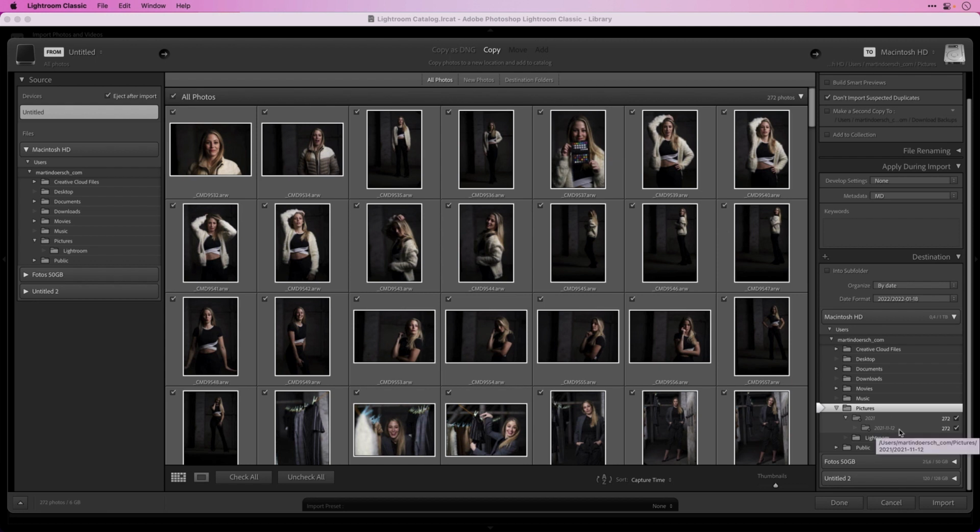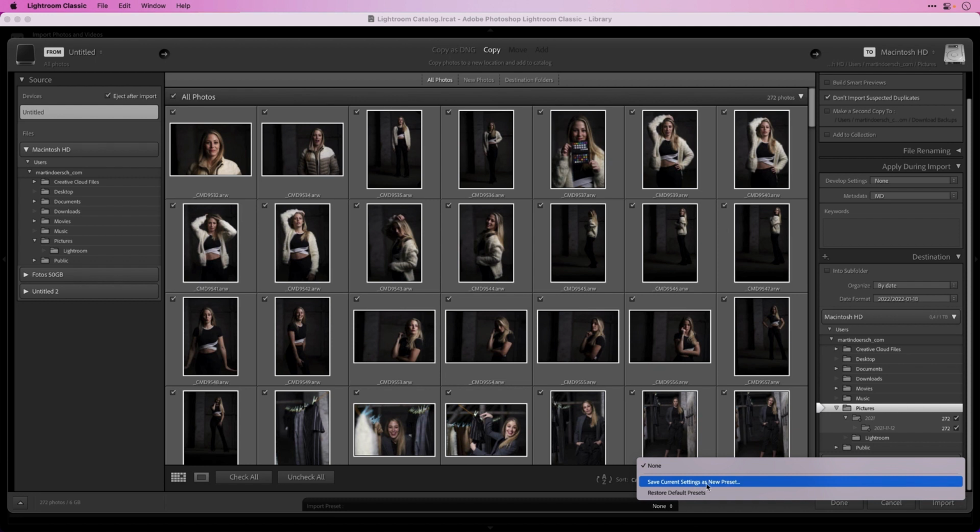So now I can press on the import button, but now it's time for the bonus tip. Because if you don't want to create everything every time you go into the import dialog, then you can save it as a preset. And that's really, really important for a fast workflow. So let's see. If everything is set up correctly, like it is right now, I can go into this dialog here, import preset, and click here on the none button.